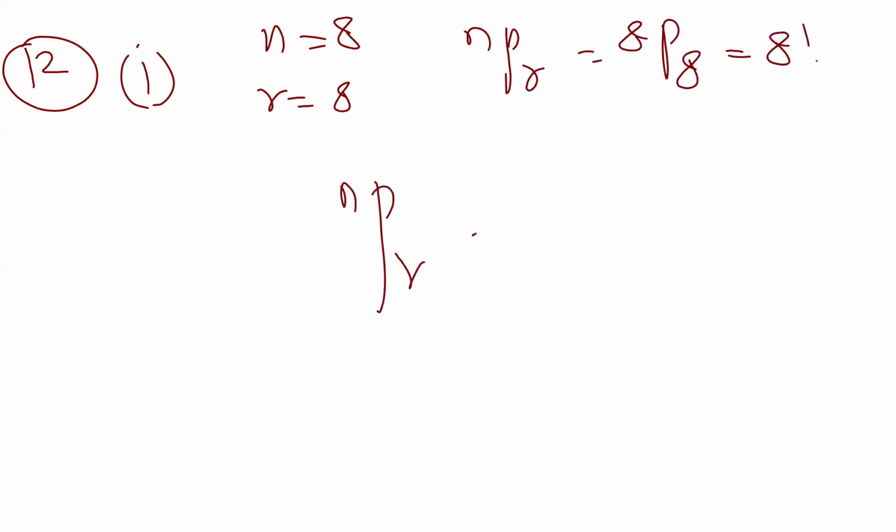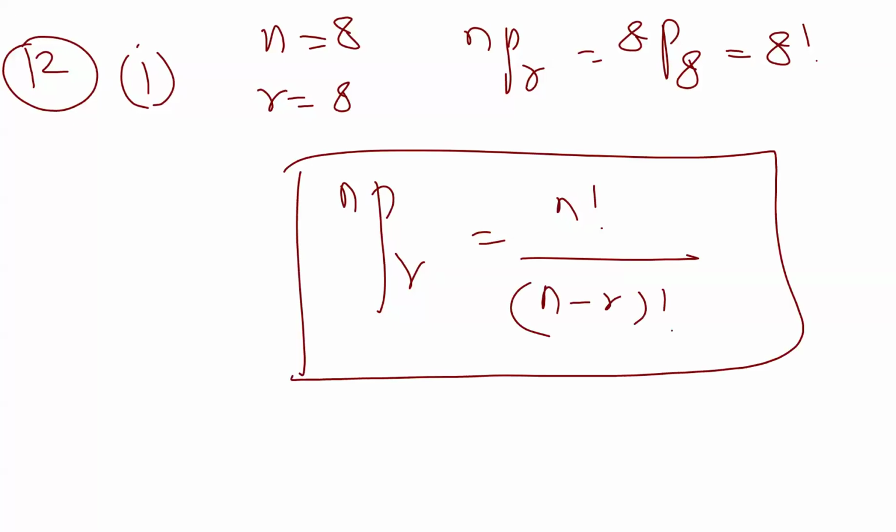And by the way, the nPr formula you all know, right? n factorial upon n minus r factorial. You can apply this, but if the number on top and bottom is the same, you can directly write that number factorial. Second part,